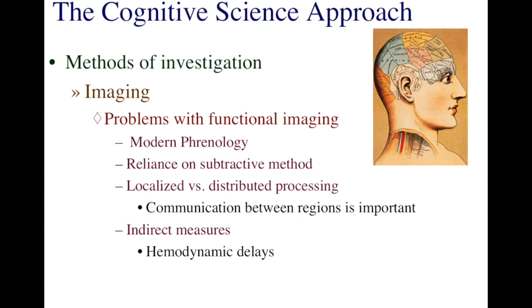After I've used part of my brain, it's starved for oxygen, so my blood brings more oxygen to that part of the brain. So you're not actually measuring activity as it happens. You're measuring activity that happened in the past. We know it was active because blood is going there. But there's a delay between when the blood gets to a part of the brain and when the activity occurred.